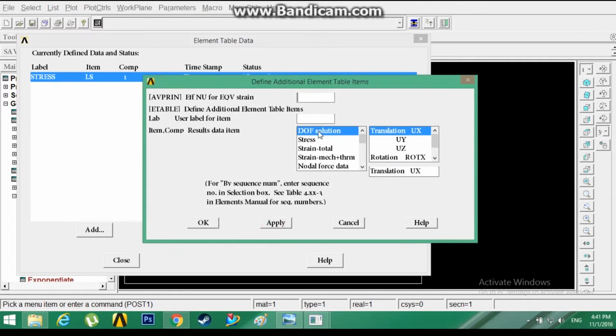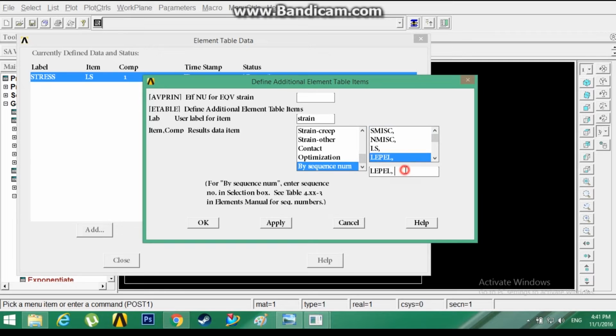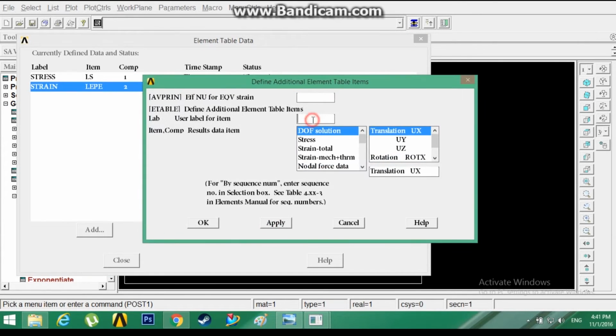Click apply. For strain, click by sequence number, LEPEL is the keyword. Click 1 for element number 1. Apply. Click SFZ, shear force along Z, by sequence number